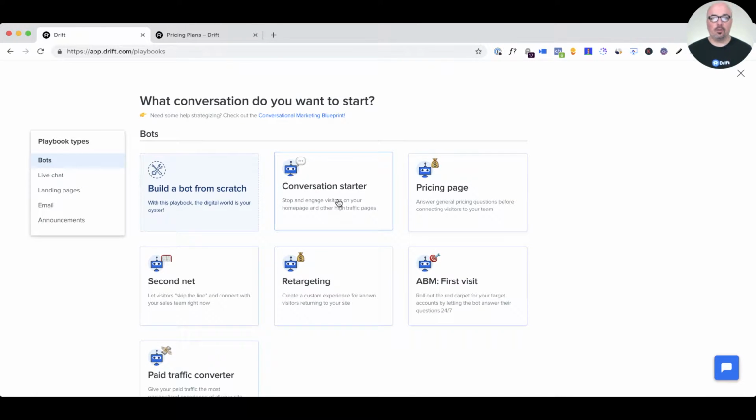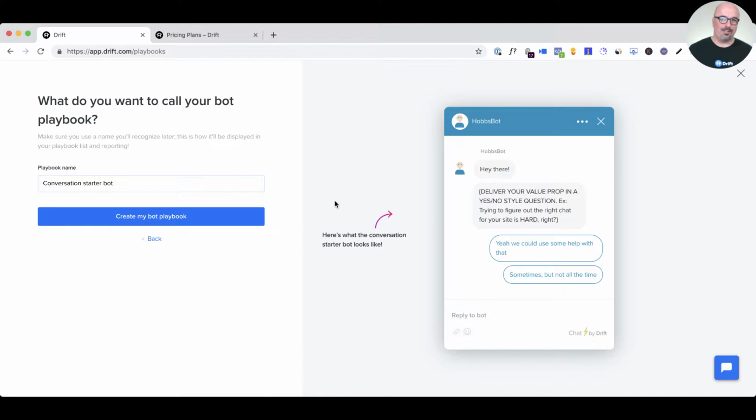So what I'm going to do is I just wanted to go through the Conversation Starter as much as I can, and there's a lot to it. You'll see that it's such a mature bot from one click, and that was what is really just impressed me with this update, because what's happened is, as they rolled Drift out over the years, and they added the bots, and they added the knowledge base, and they added all this stuff,